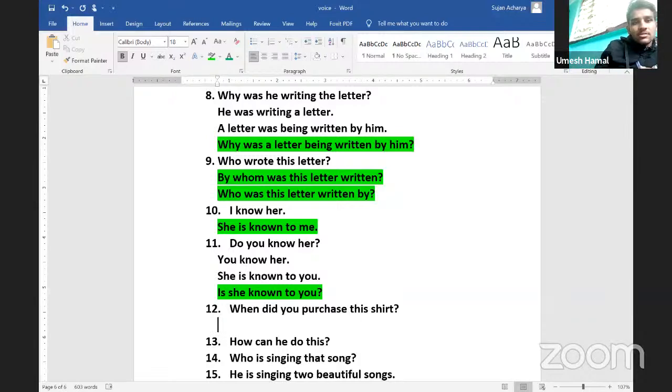When did you purchase this shirt? Was this shirt sorted? Was this shirt purchased by